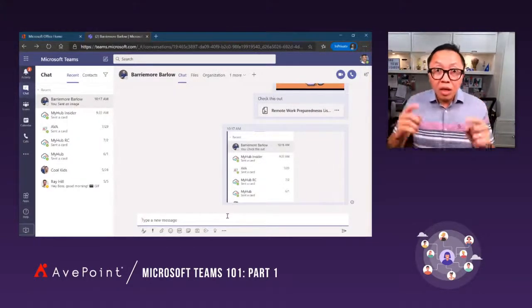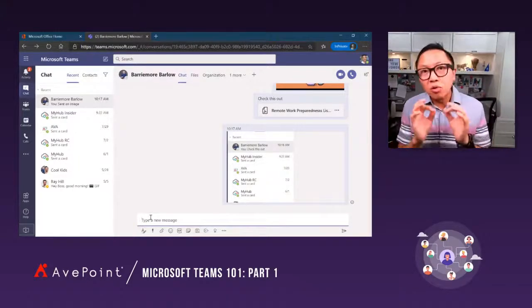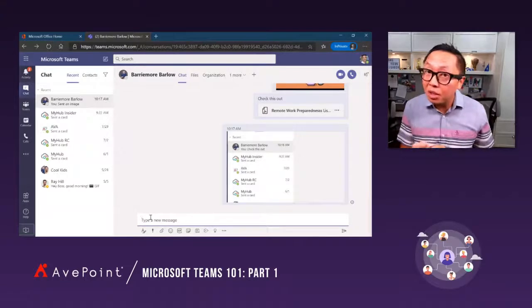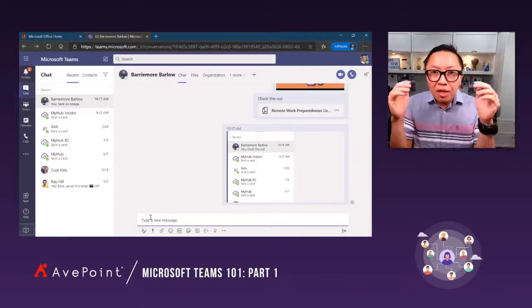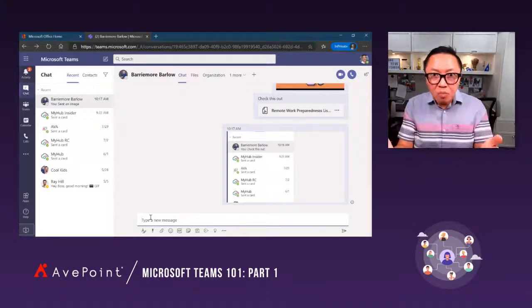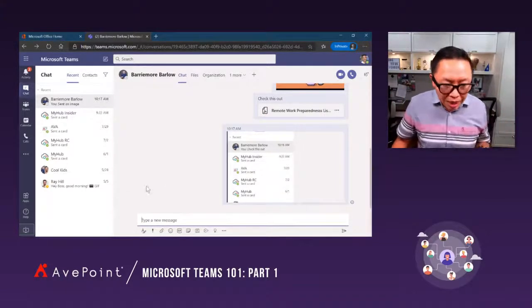So this is cool. The other thing that's really cool is the ability for me now to do group chats, very similar to consumer group chat tools. Think WhatsApp, think Viber, think Facebook Messenger when you can create group chat. I don't have to explain group chat to you. I'm sure you all know what that is.